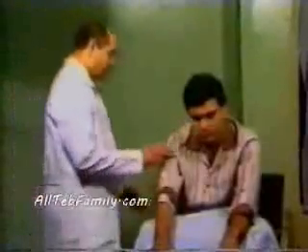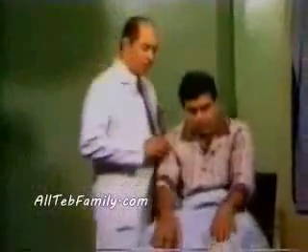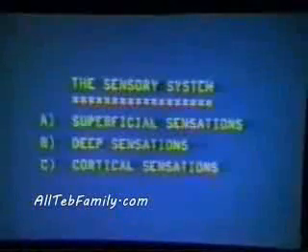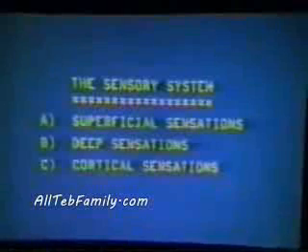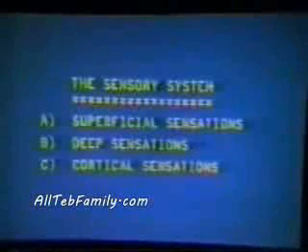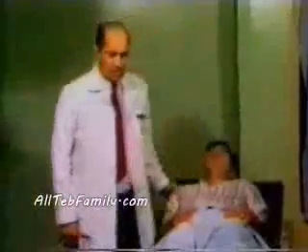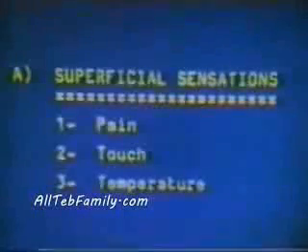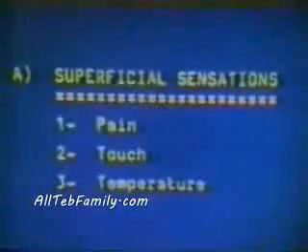We will proceed then to examination of the sensory system. Examination of the sensory system includes examination of the superficial sensations, examination of the deep sensations, and examination of the cortical sensations. Examination of the superficial sensations includes the following: examination of the